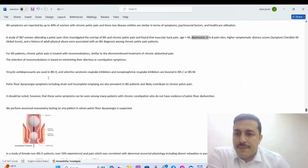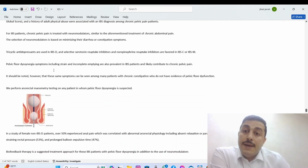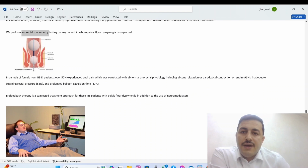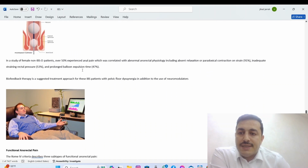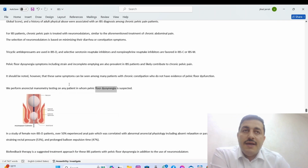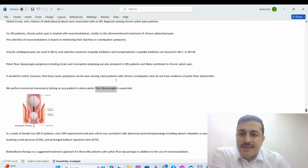Okay. One of the entities that we should consider when we talk about irritable bowel syndrome, female, pelvic pain is what we call pelvic floor dyssynergia. Actually, it's weakness in the muscle, and one of the investigations that should be ordered is anal manometry if dyssynergia is suspected. The treatment of IBS and pelvic pain is with neuromodulators, and you see here the classic